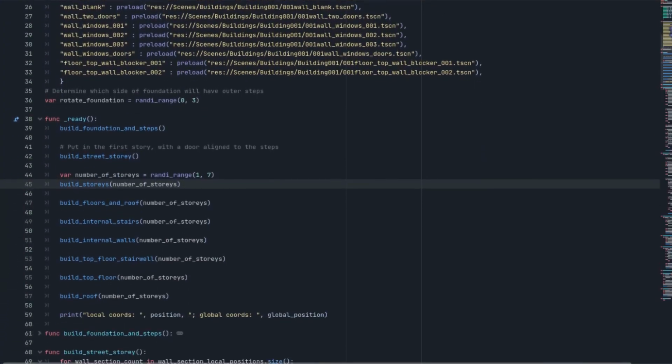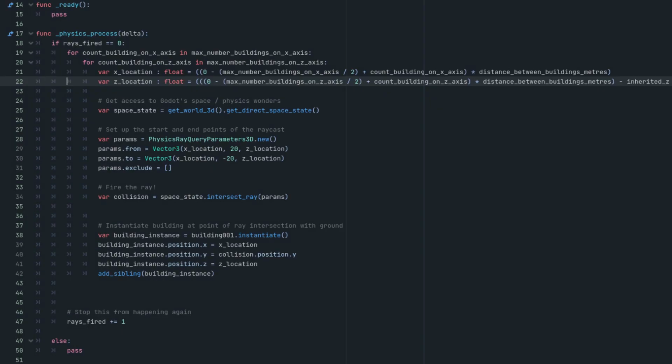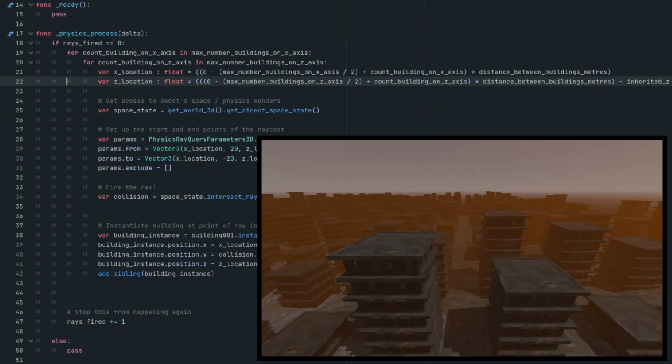This is the code that pieces the buildings together from simple primitives. This is the code that distributes the procedurally generated buildings over the landscape. I'm delighted by my coding progress so far. I've gone from absolute beginner to being able to achieve this since the last video. The trickiest part was instantiating the stairs from code. It's still not perfect, but it's stable and your character can walk up and down them.